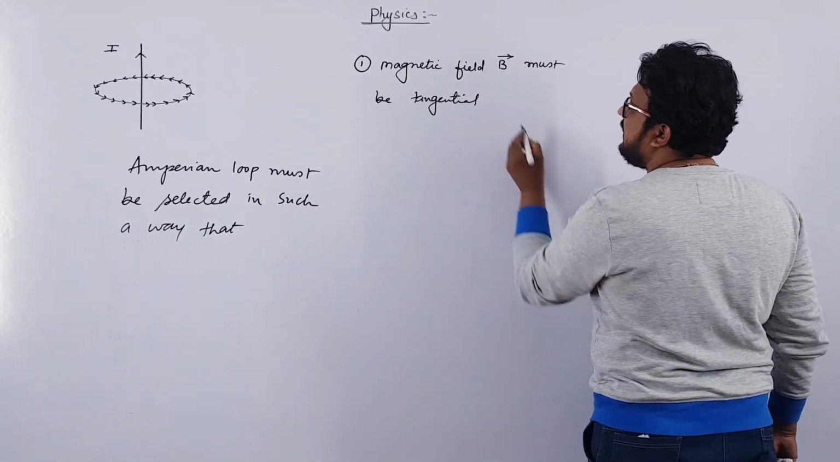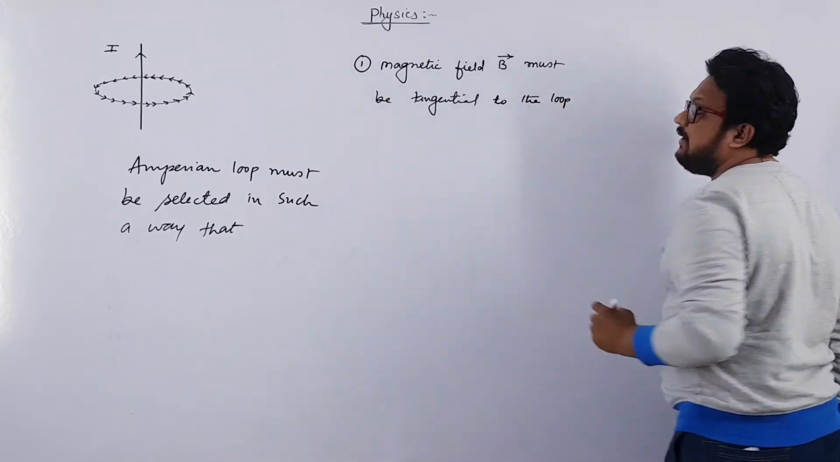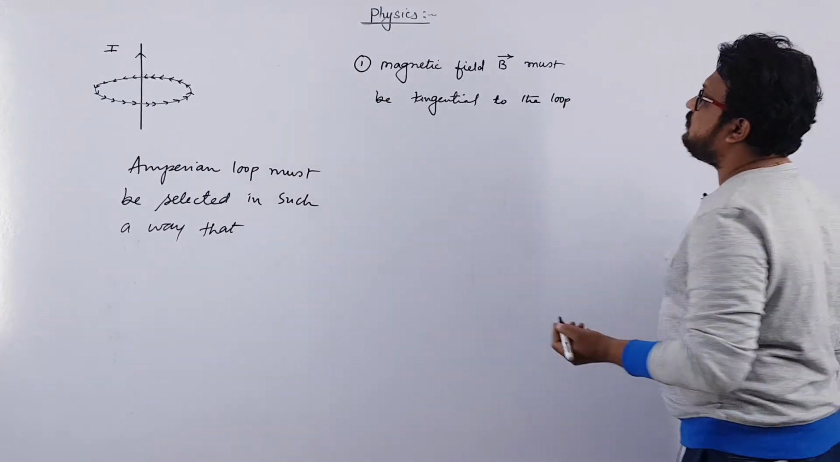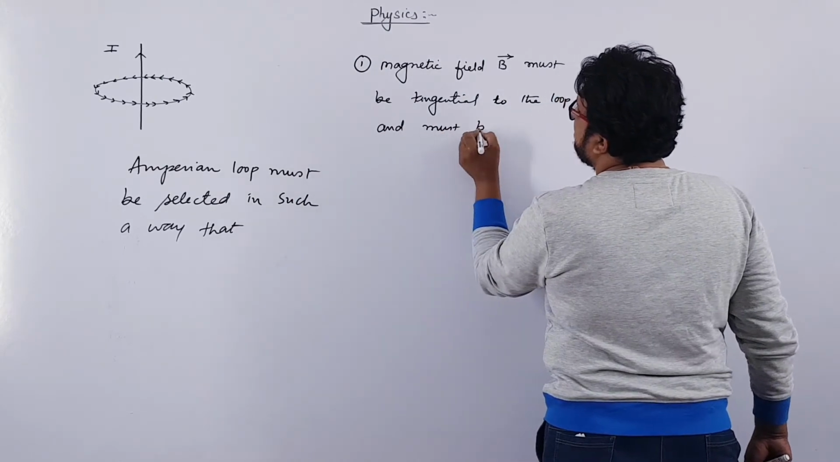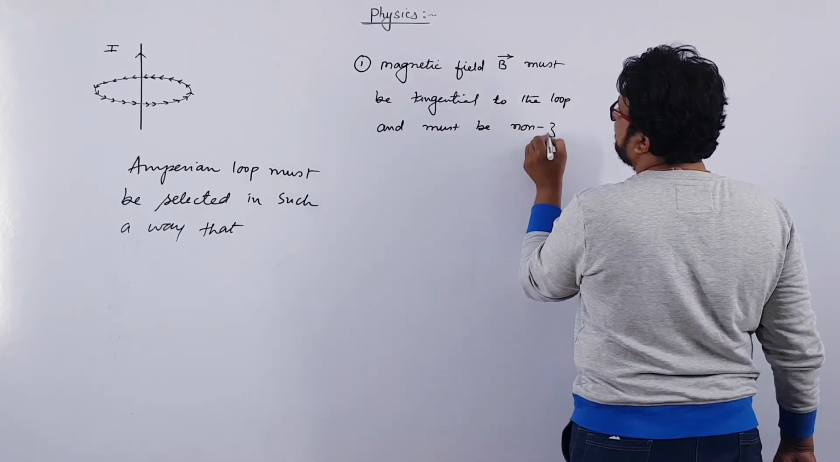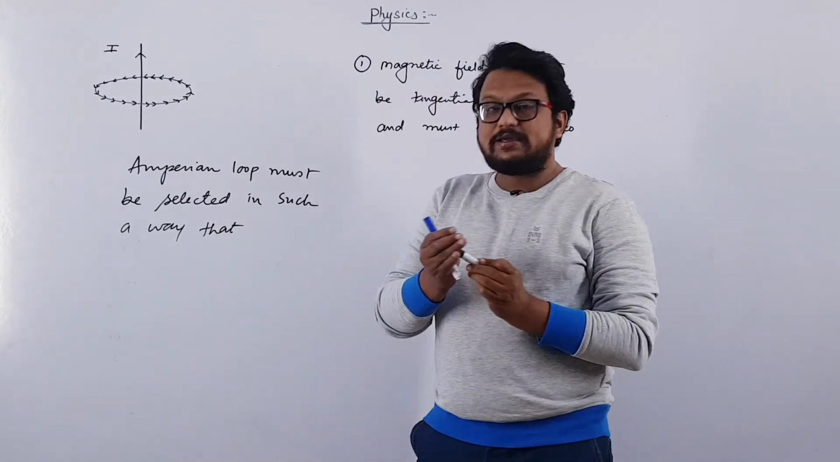Magnetic field must be tangential to the loop. That is, the magnetic field must be tangential to the loop, and it must be non-zero, right? So in this case, you can see that if this is the current carrying wire,